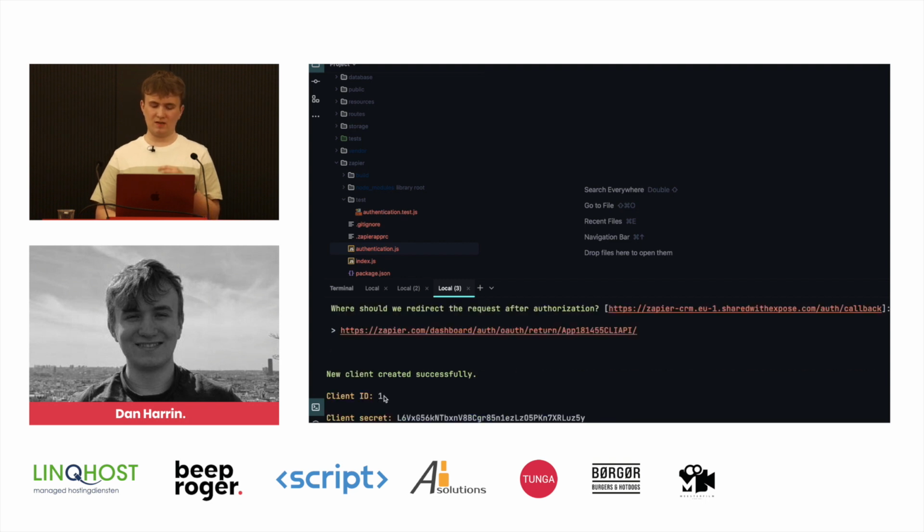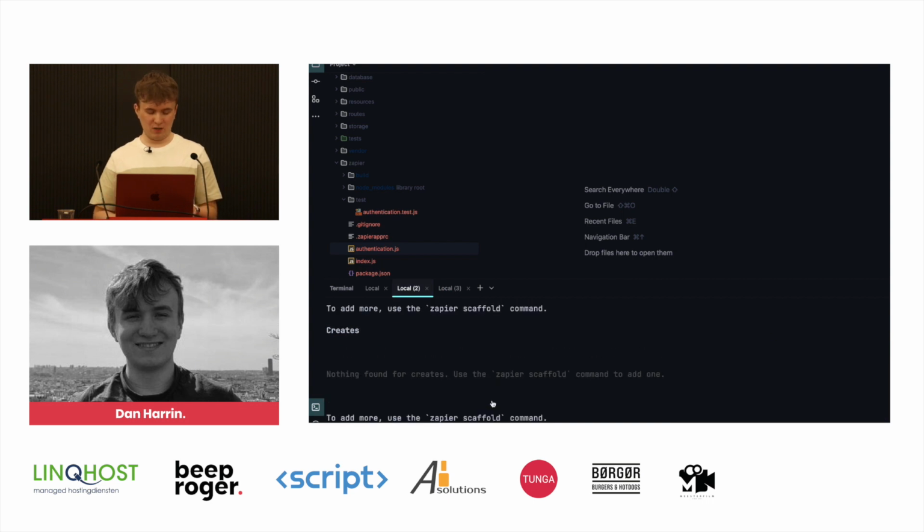So all Zapier integrations are actually versioned, and the default version is version 1. So we're actually going to tell Zapier about this client information using the zapier env:set command. And the first argument is the version, so version 1. And the second is going to be the key value pair that we've got here. So the client ID is 1.